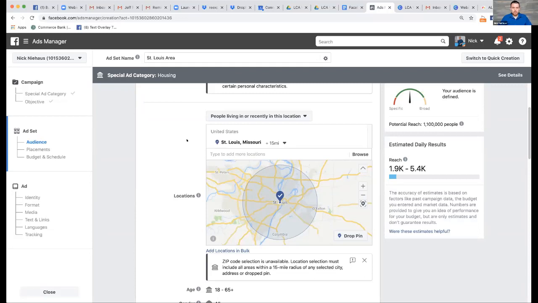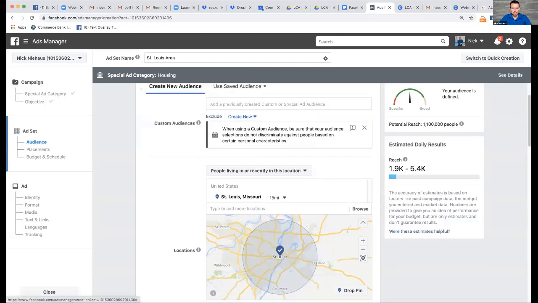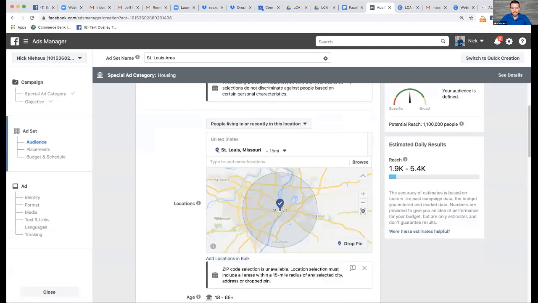Right. Yep. So always remember, whatever it is you're trying to accomplish, you have to be really clear about upfront, as you can obviously see. So we're going for video views in this case, and then we wanted to target people in our geographic region. So as you guys were talking, I went ahead and filled this in. So what you do is you scroll down underneath this section. It says create new audience, and you want to find this map, right? And what you want to do is just type in the name of your city.